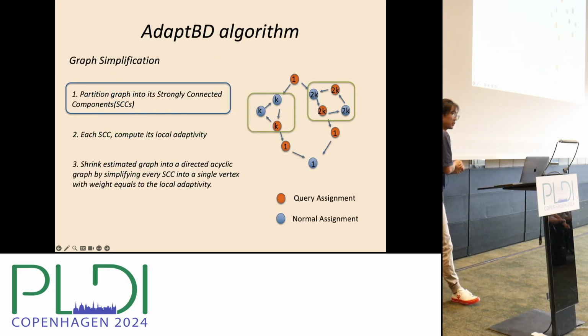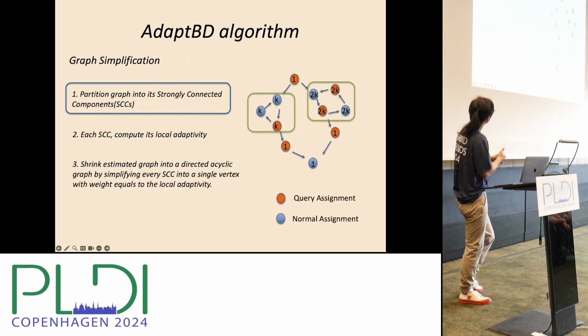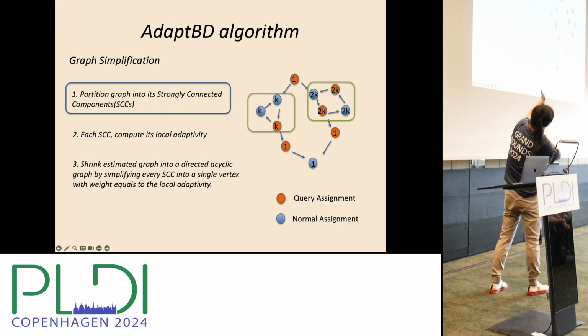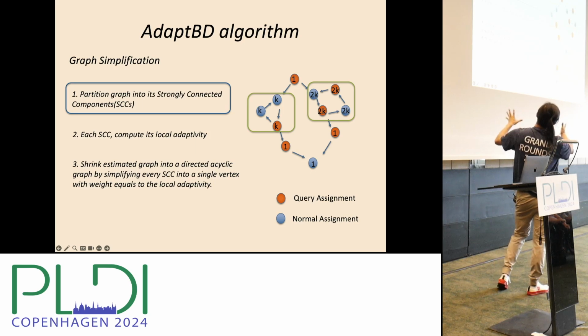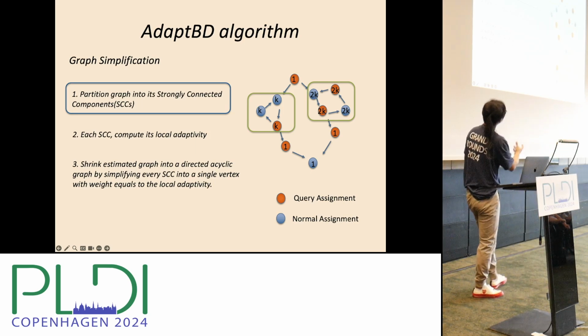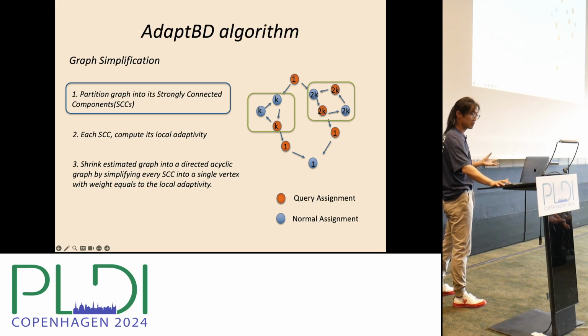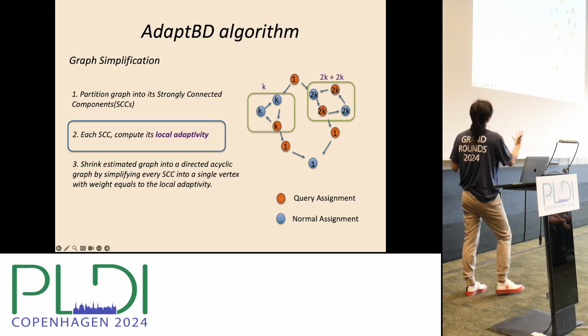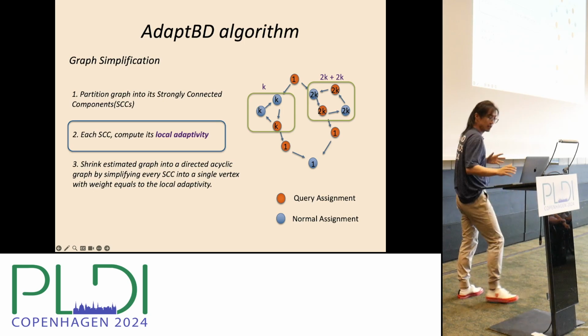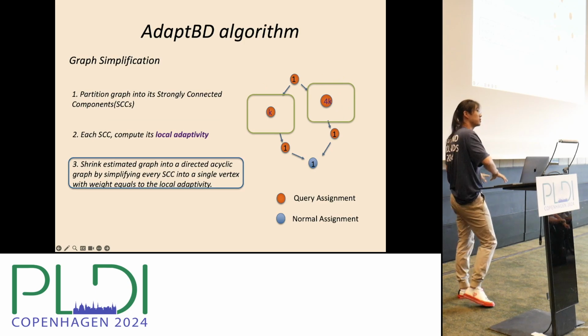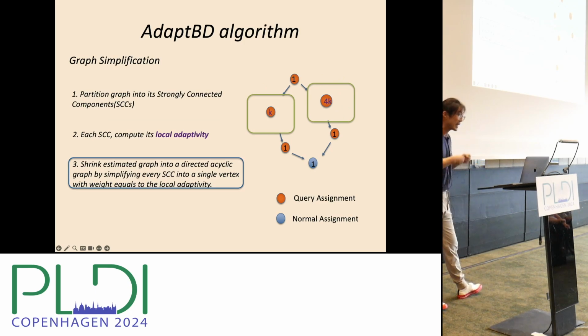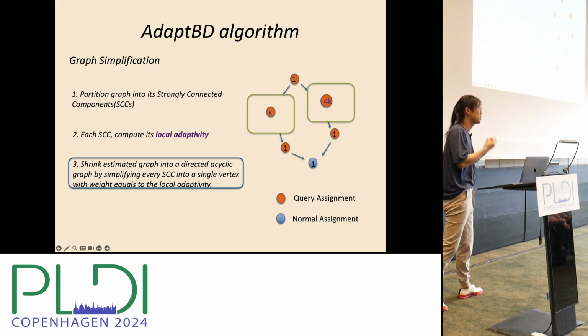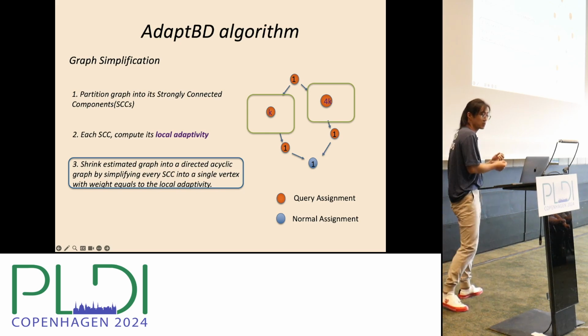So we simplify this graph in three steps. Suppose we have a graph with many cycles. We'll first partition the graph into its strongly connected components, SCCs. And then for every SCC, we compute its local adaptivity. The last step is to shrink the graph by replacing every SCC with a vertex, and its weight will